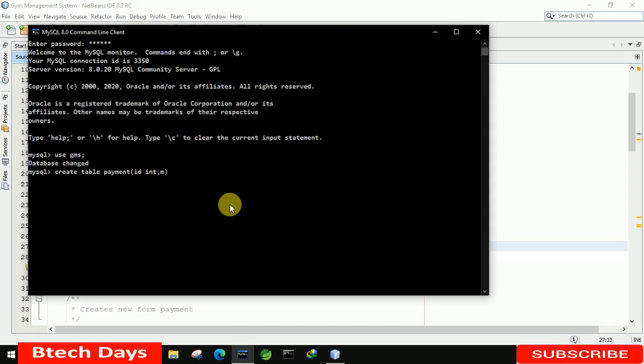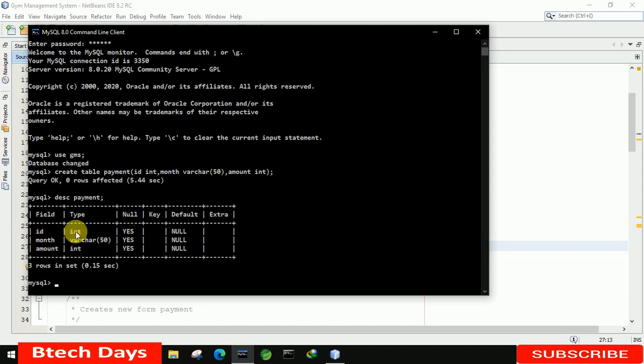After that, month varchar, here I'm taking 50. After month, the next one is amount, here I'm taking int. Okay, just create this table. It's creating, it will take 1 or 2 seconds. Here you can see describe payment. Okay, here you can see id int, varchar and amount.